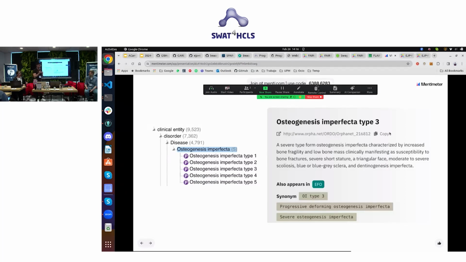And if you want to be more specific, you can use the Ordo's ontology classification. Like here, I was performing search using the most generic term. And let's say, for example, I want to be more specific and I want to search for the osteogenesis imperfecta type 3. So you see here that it has a code, a bigger code,